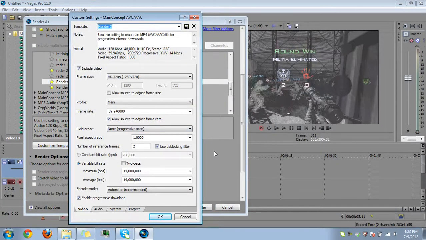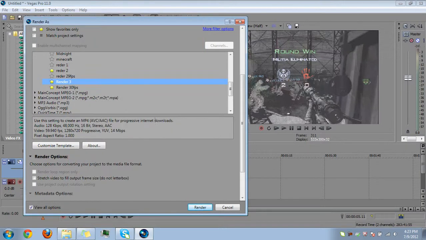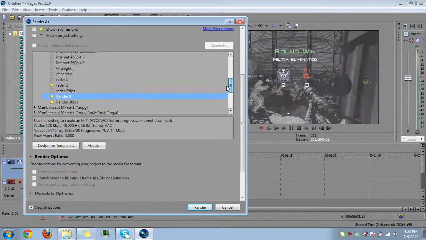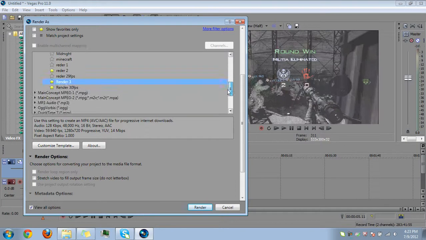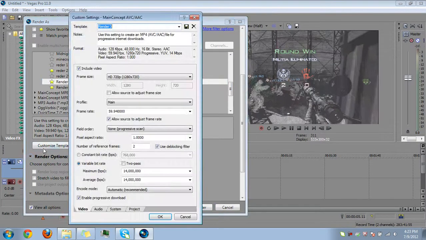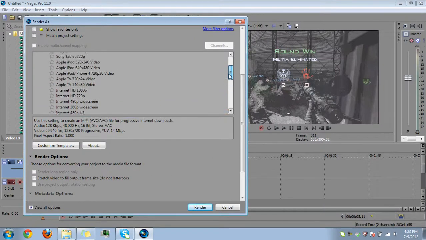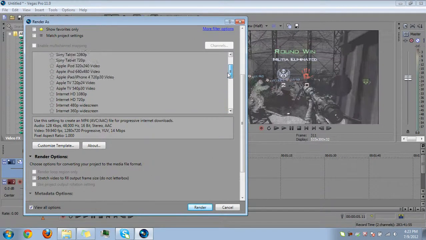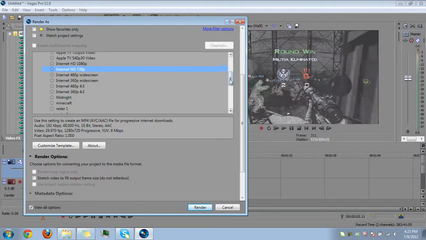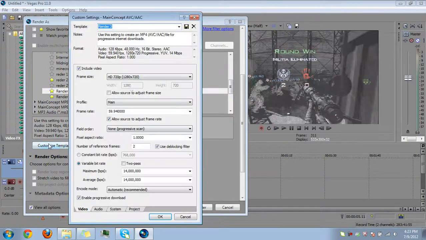Now you're going to have a different view for this part if you have an earlier version, but just find a place where you can hit customize template, and if you have the option, go to MainConcept AVC. Anyway, you're going to have a different one, which is probably I'd say the Internet HD 720p would be the basic starting template that you'd use, and just adjust it after that. Anyway, customize template,